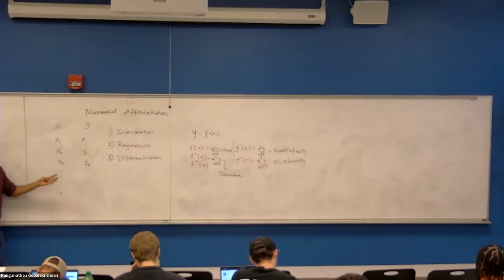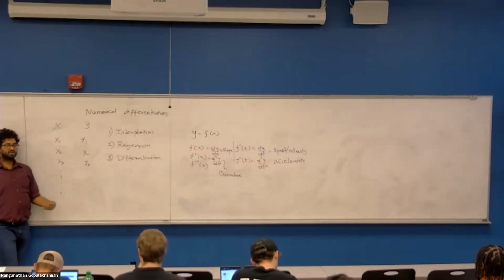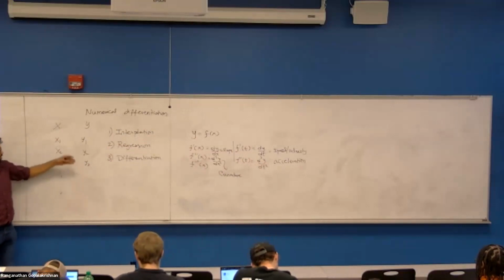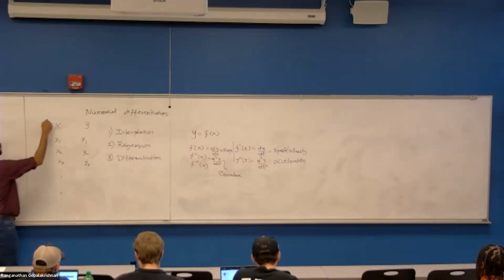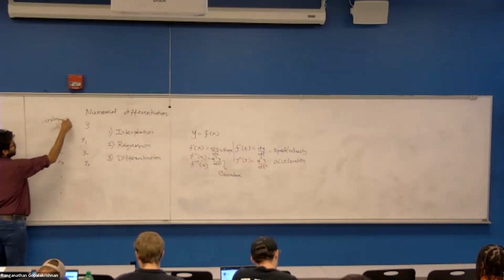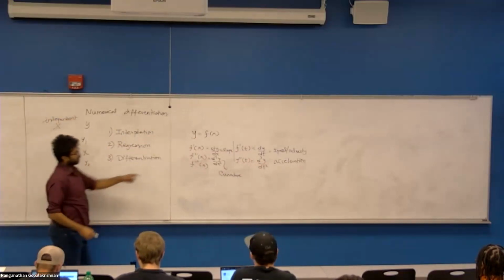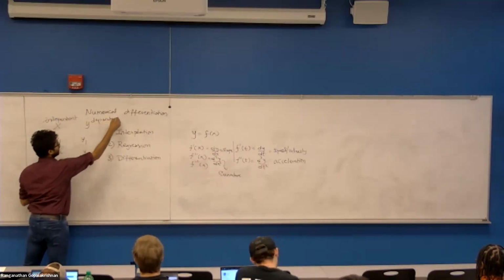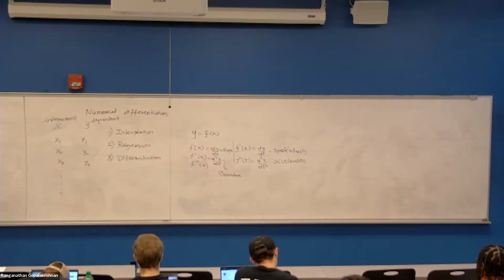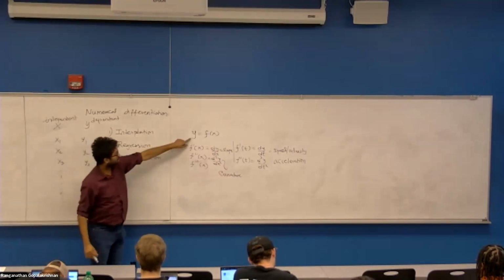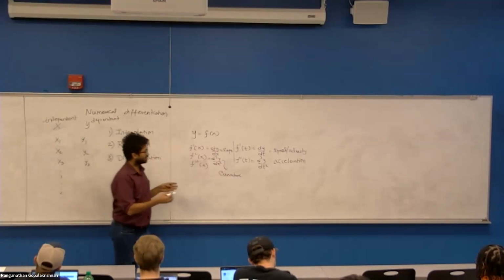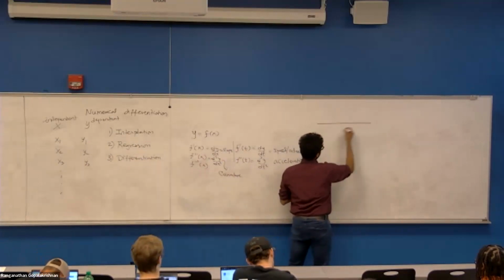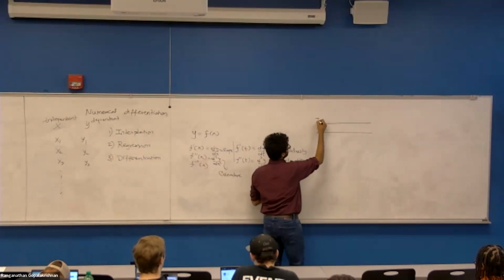The whole reason we do this exercise is that most often real life doesn't produce functions, it produces data. And when we get data, it is in a tabular form. It has an independent variable which is varied, for example a spatial coordinate or time, and a dependent variable which is measured as a function of the independent variable. So you measure the location as a function of time, or you measure some quantity y at different points in space. So if you have a bar, and you record the temperature at each point,